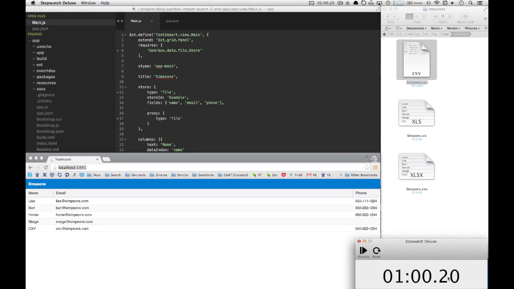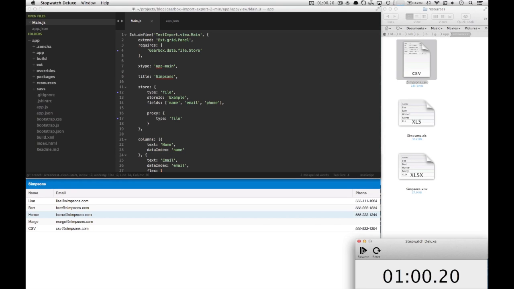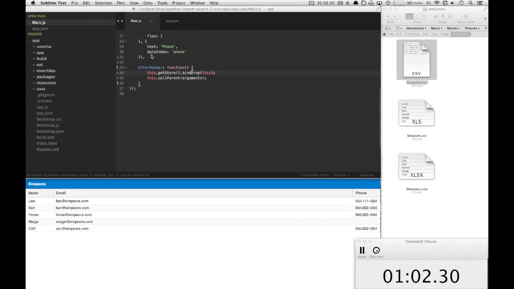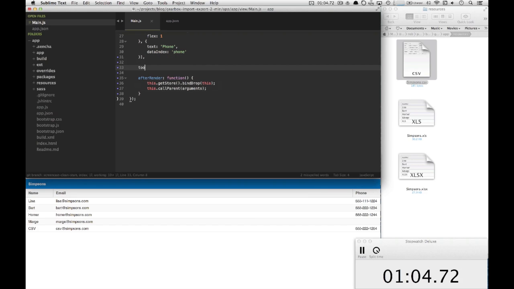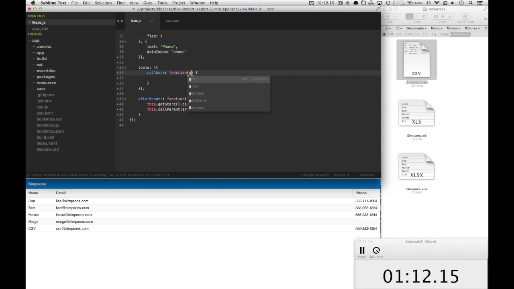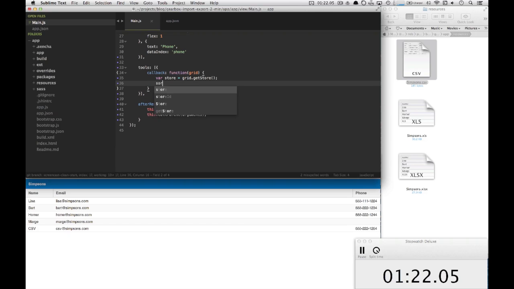Well, if it's possible to add Excel import into our application in just 1 minute, let's take a little bit more time and see if we can also add Excel export. To trigger the download, I will add a tool to the grid header, which launches a callback function. And the callback function, what it does is it fetches the store from the grid. And once it has a reference to that store, it asks the store to download or to export a file